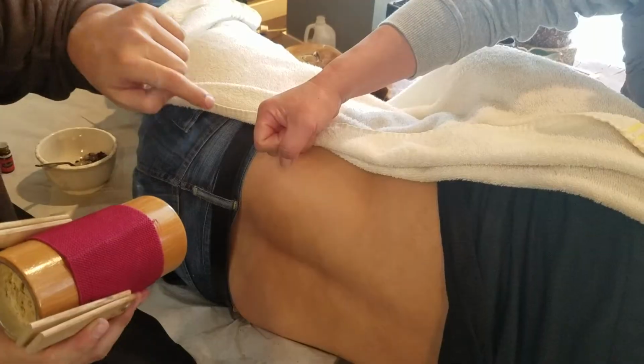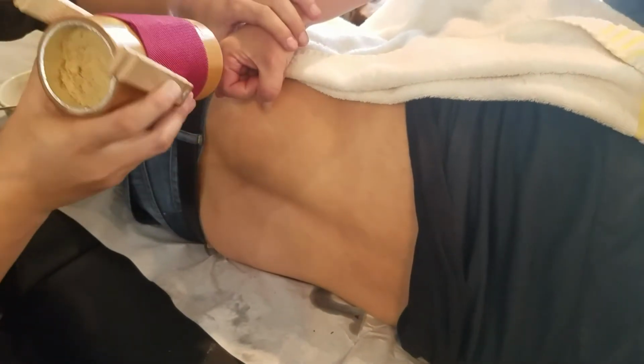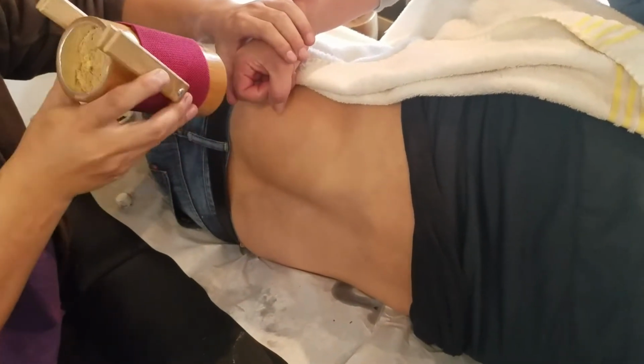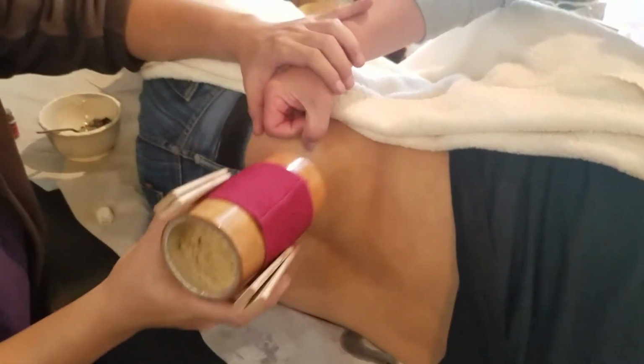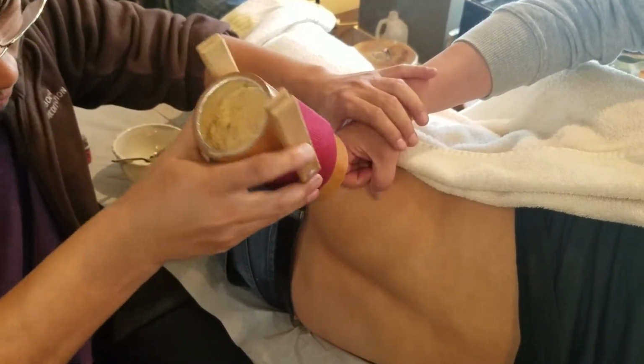Mm-hmm. But if I want to focus inside, you see? Deeper, and then strong. Deep and strong. So a lot of the time people do like this. It's okay if this is your purpose, to warm the whole area. But if you want to dig in deeper, like an acupuncture effect, you're going to have